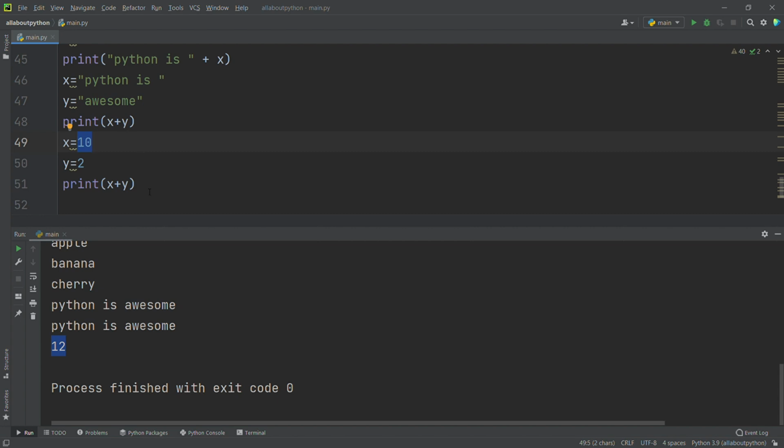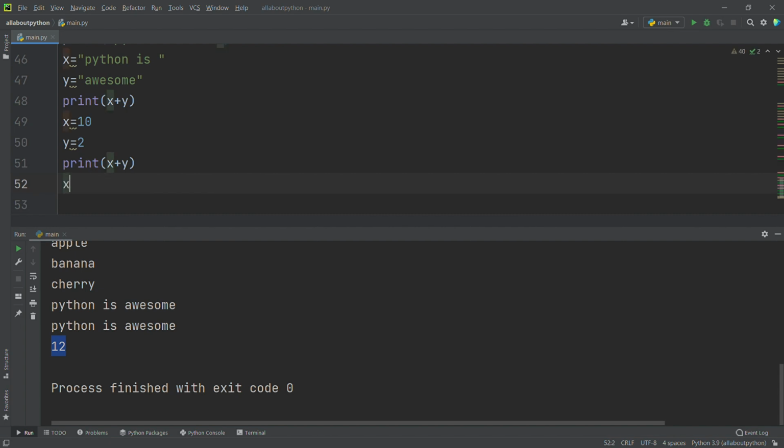What happens if I try to concatenate a string to an integer value? It's going to be an error. That also we will see. I will say x is John, and y is equal to 5. I am trying to concatenate John and 5, so I print x plus y and we will see the output.